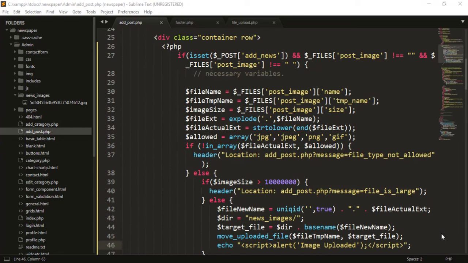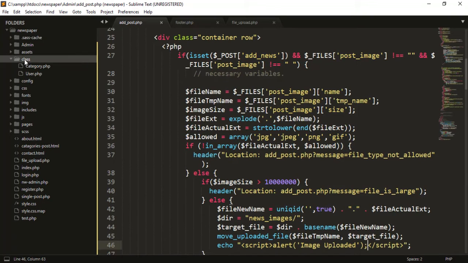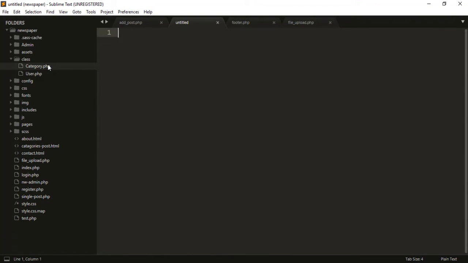Okay guys, so what we need to do right now is to create a new class. We have been working on classes and we've done some procedural, although we've not done any functional programming for now, but we're going to do that. Okay, so we're still doing the classes and the procedural. So I'm going to head back to my classes. I'll just close this out. Right where we have the class, I'm going to create a new class and call it post.php